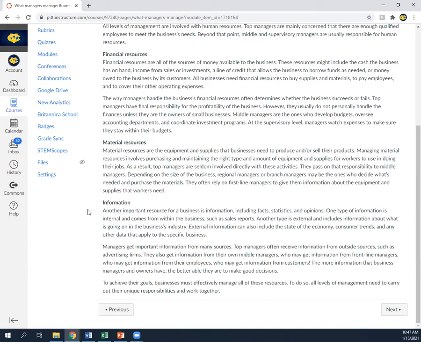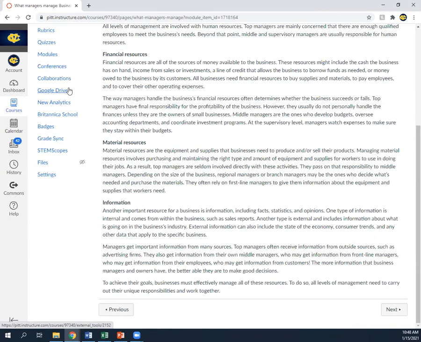All right, so material resources. Material resources are the equipment and supplies that businesses need to produce and/or sell their products. Managing material resources involves purchasing and maintaining the right type and amount of equipment and supplies for workers to use in doing their jobs. As a result, top managers are seldom involved directly with these activities. They pass on that